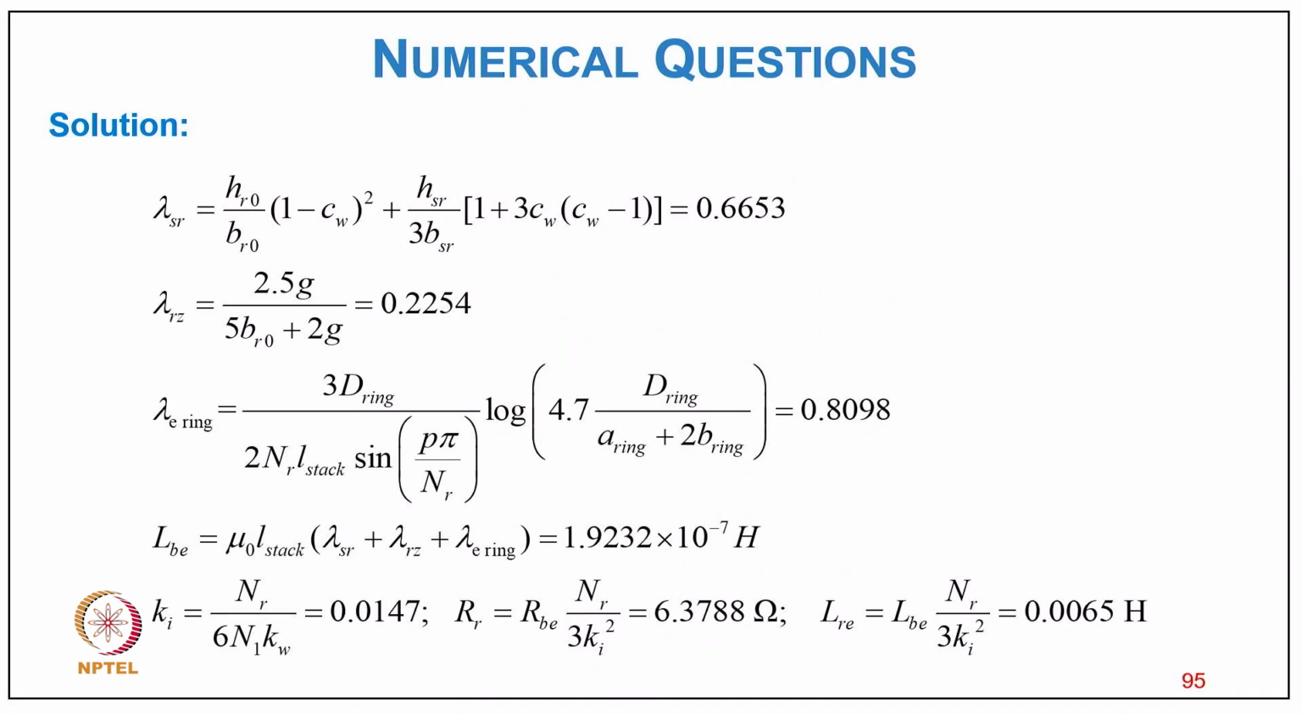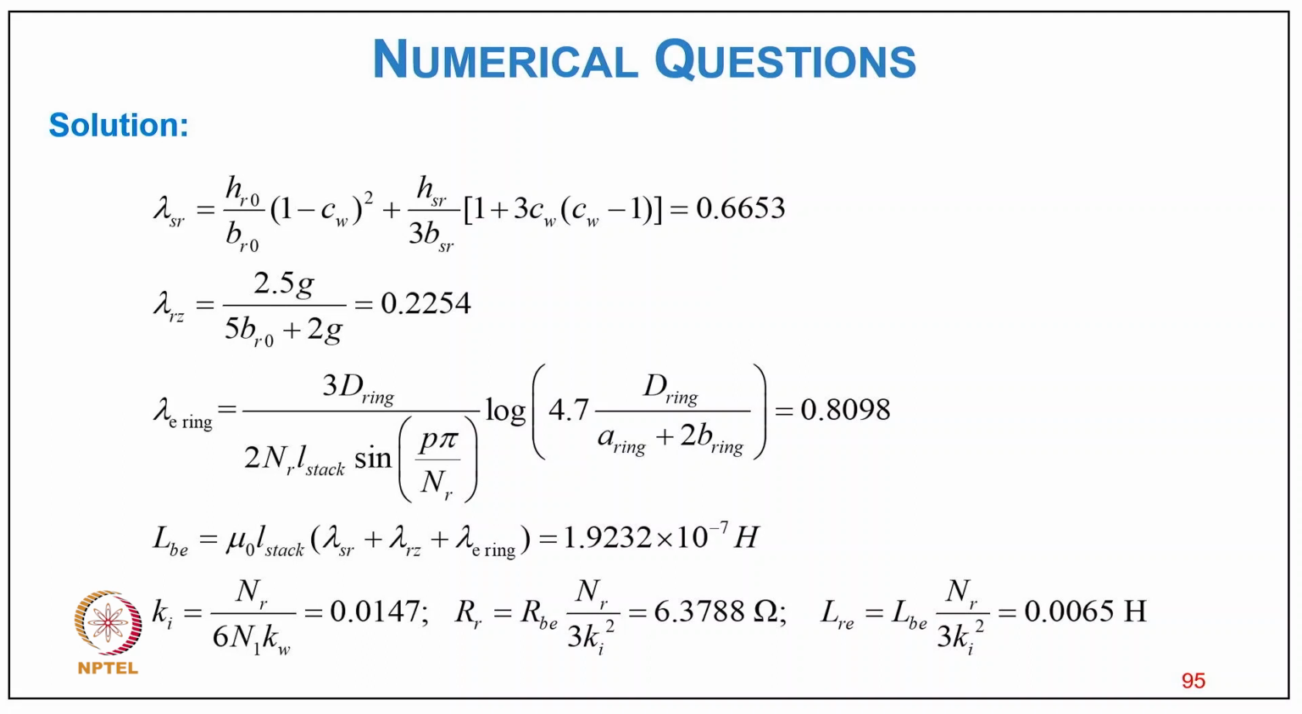Now lambda SR equal to HRO upon BRO in bracket 1 minus CW square plus HR upon BSR in bracket 1 plus 3 CW into CW minus 1, putting values, 0.6653, and lambda RZ equal to 2.5 G divided by 5 BRO plus 2G equal to 0.2254, lambda E ring equal to 3 D ring divided by 2 NR L stack sin p pi upon NR into log bracket 4.7 D ring upon alpha ring plus 2 B ring, so it comes to 0.8098,